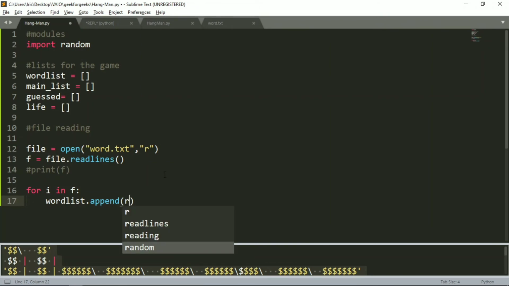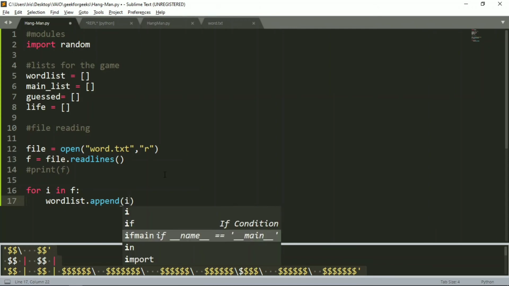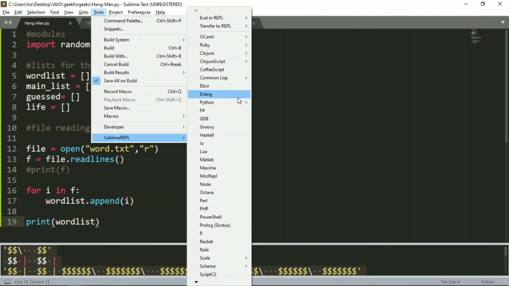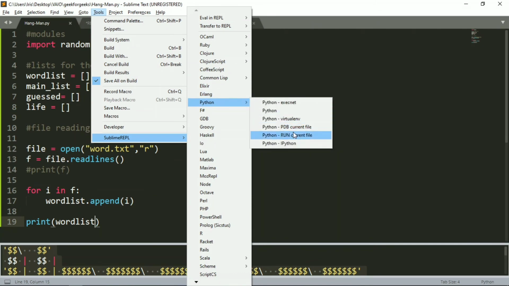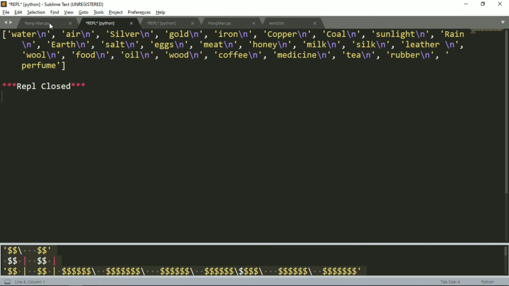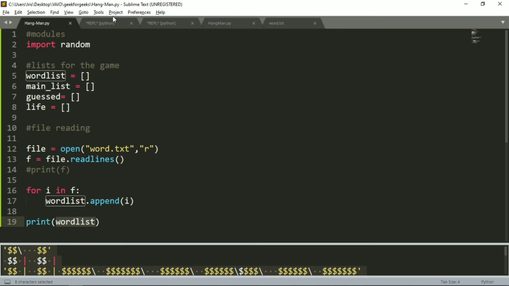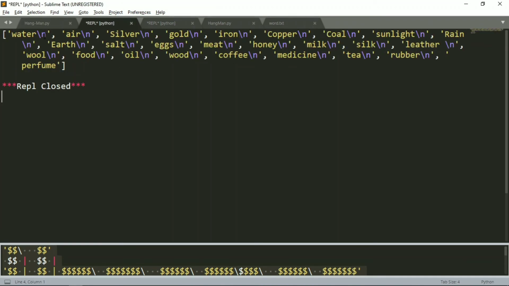And now we will be using append, and we will append certain words from that and save it into our word list. Okay, so I will show you that. And let me just run this program here. Let me print word list. Okay, and Control save, and let me show you what's going on with this program right now. So we should be having a list ready with us. Okay, so this is our list here. We have got this list, all the items that are present in word list. Okay, it's all present here, but there's a problem here.